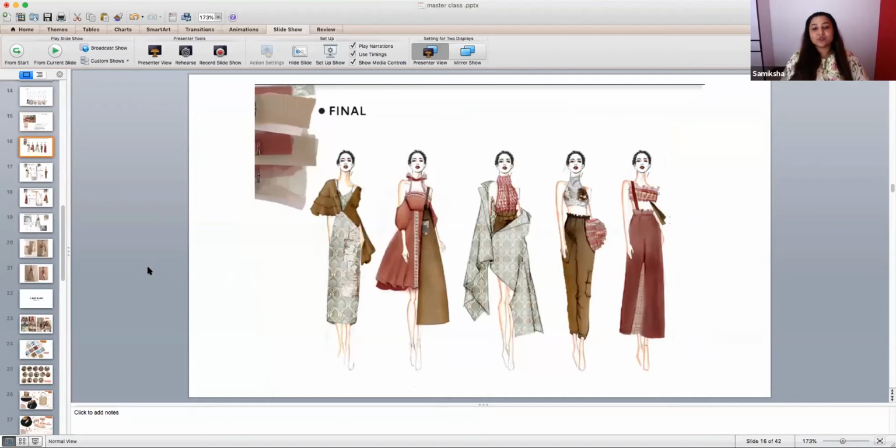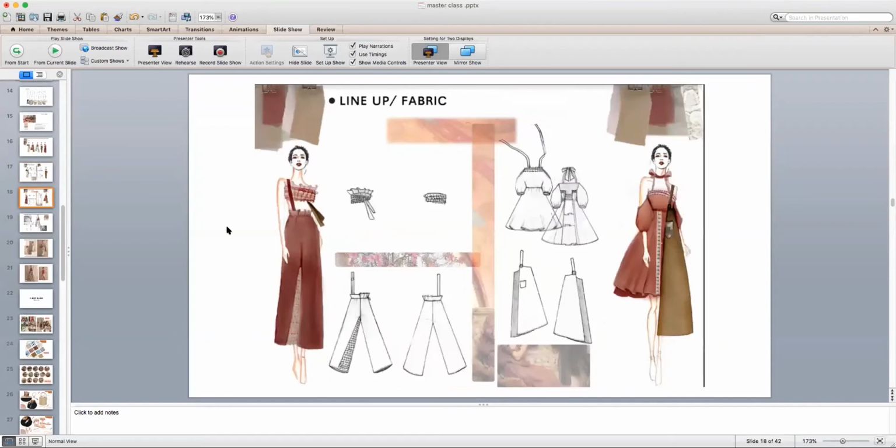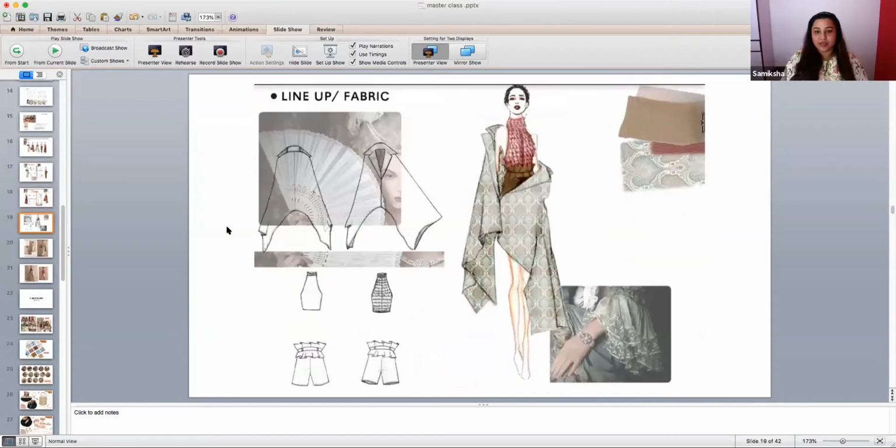It actually helps you to create your story and convey your story to the people you're presenting it to. Then you can see the lineup, the whole fabric details, and even the small parts, the drawings, they all show you the whole feel of the theme. Again, the same thing is there, lineup, fabric. You can see a lot of prints and the inspiration of the print at the same time. So it is easy for the client to relate to your inspiration and your end result.